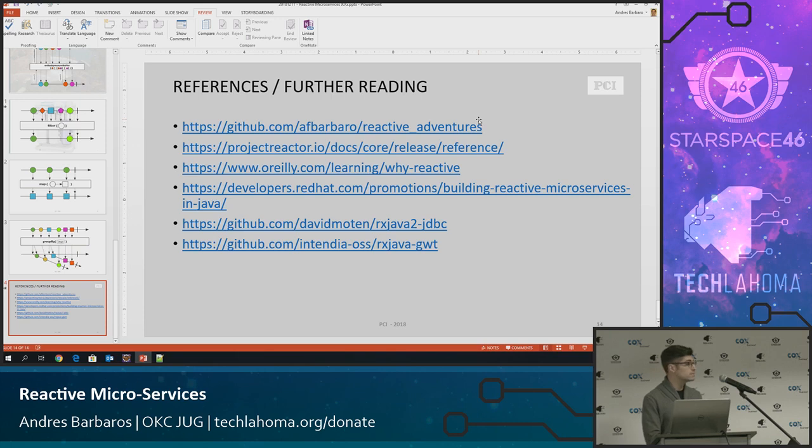Eric's Java 2 JDBC, a free JDBC driver to try and get into this world where everything is reactive end-to-end, starting with a reactive JDBC, ending with streaming events to the client through, I don't know, WebSockets, HTTP2, something like that. And finally, Eric's Java GWT. Even if you don't use GWT, it's a very good example and explanation of how